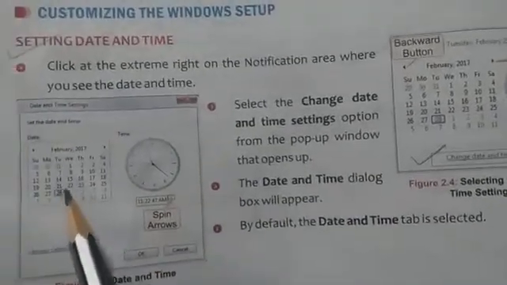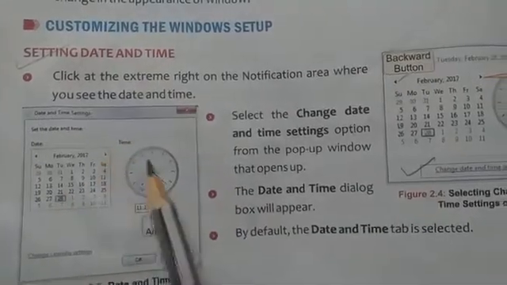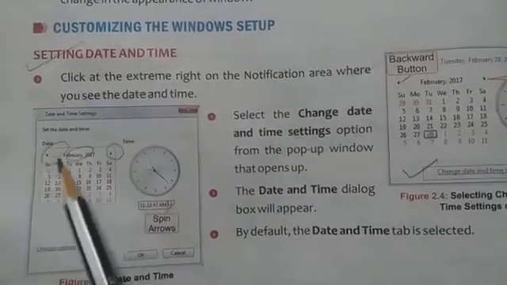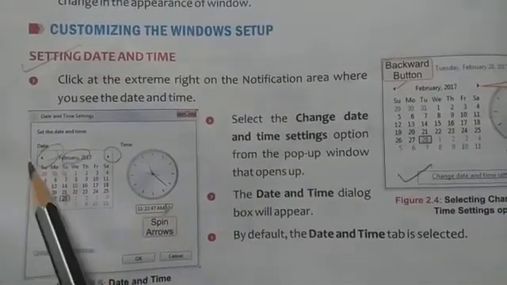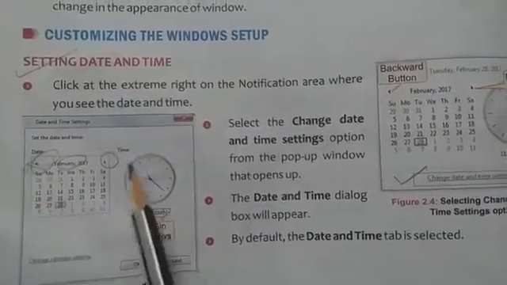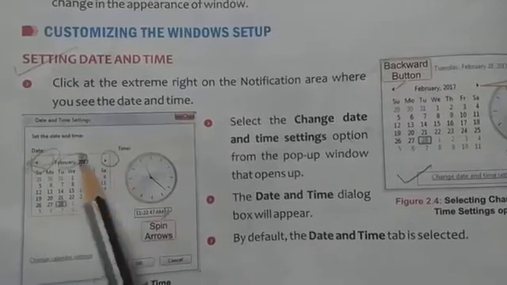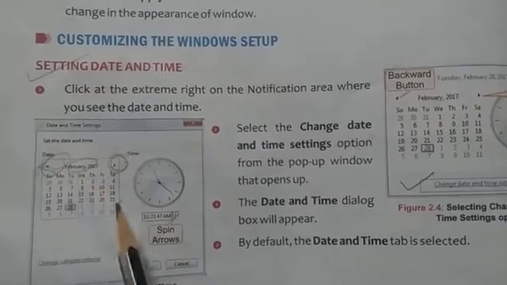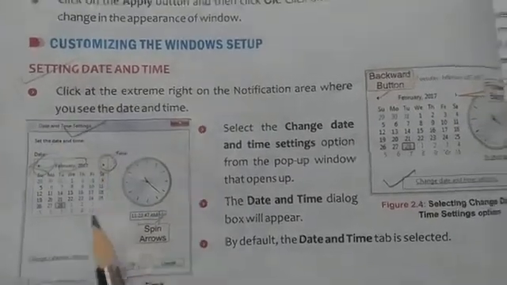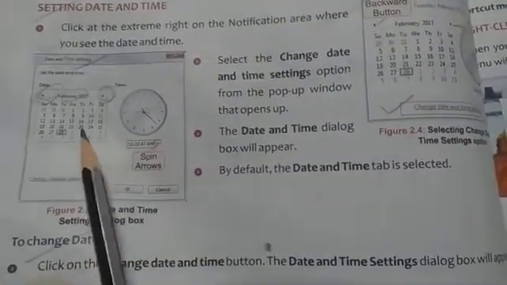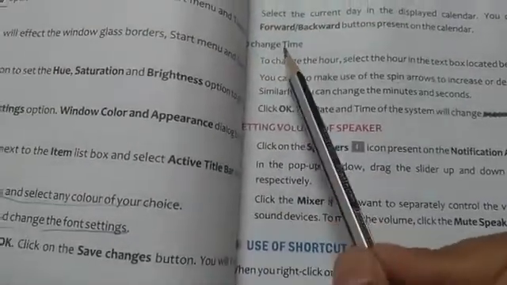From here we can change the date, and if we want to change the month then we have to click on these icons. If we want to go back to January, we click on this previous arrow, and if we want to go to later months, we click on this forward arrow button. According to that we can choose the date and the time. Next, as I have discussed, to change the date we can click these types of options. And next, if we want to change the time,